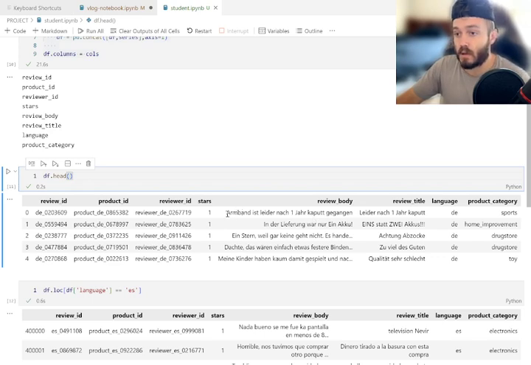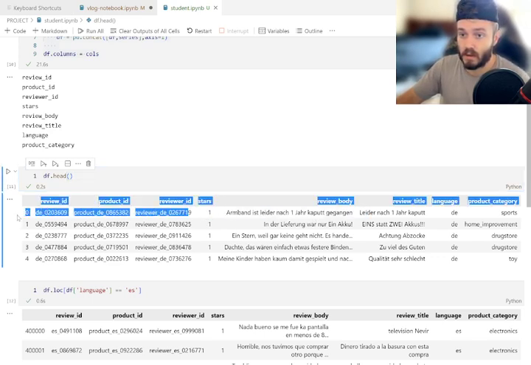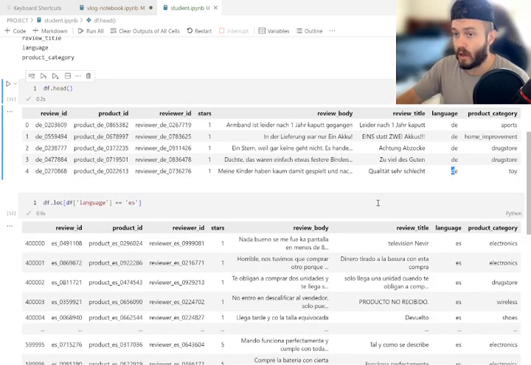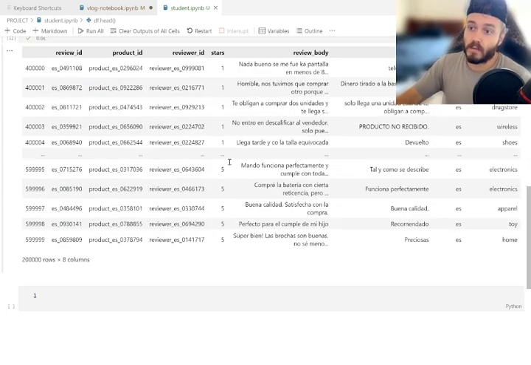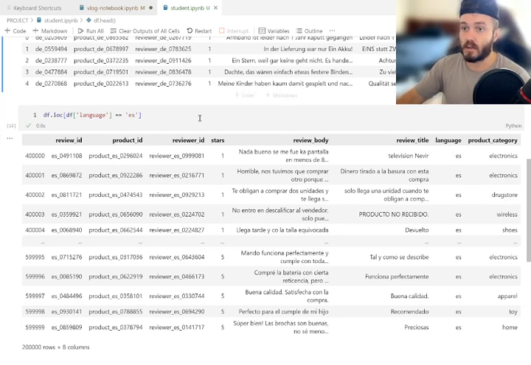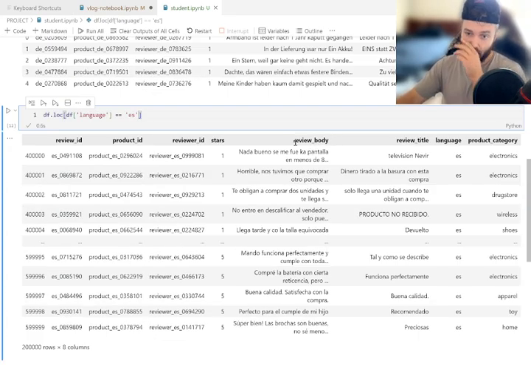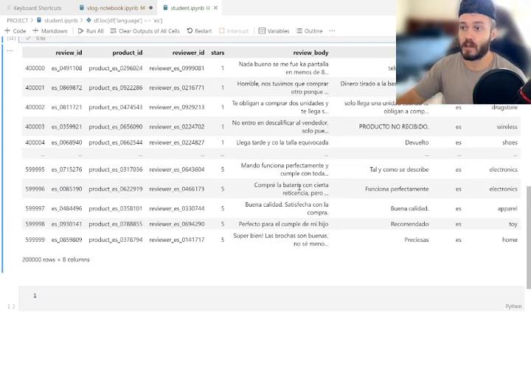So these are all Amazon reviews, and it has the sentiment for the review, the reviewer ID, product ID, all that stuff, and the review title, the language that it's in, which I need to figure out what these abbreviations mean, and the product category. So there's 6 different languages. This is really cool, and I have to get it approved, but